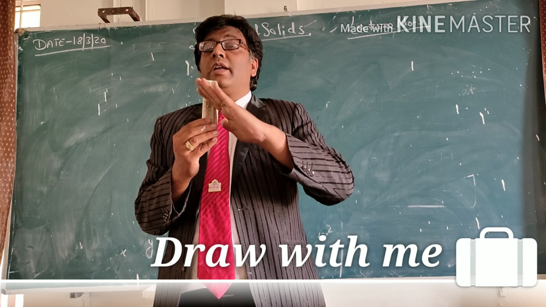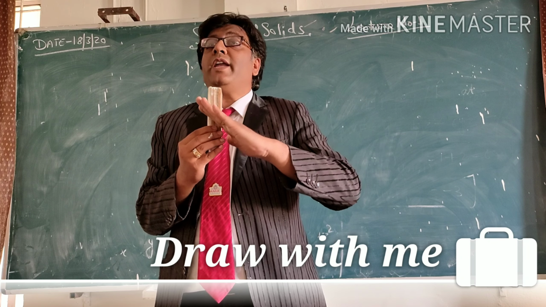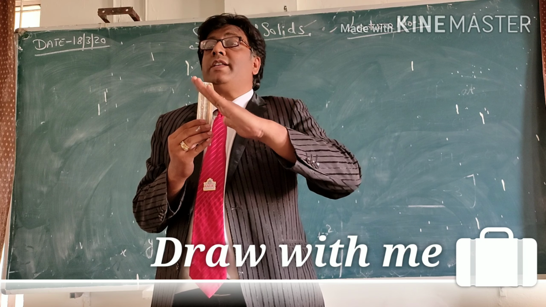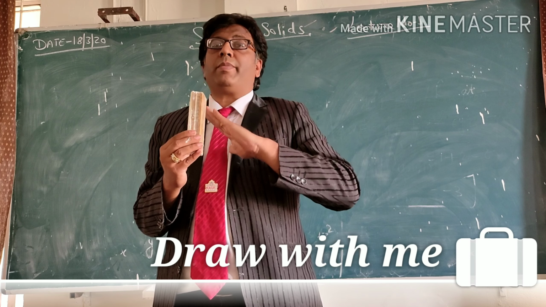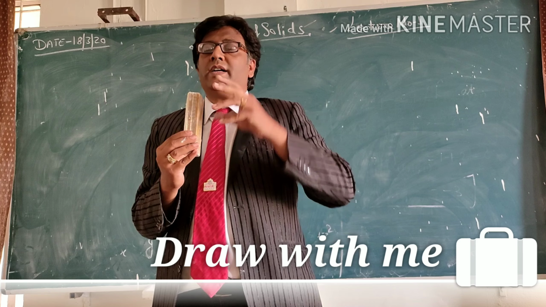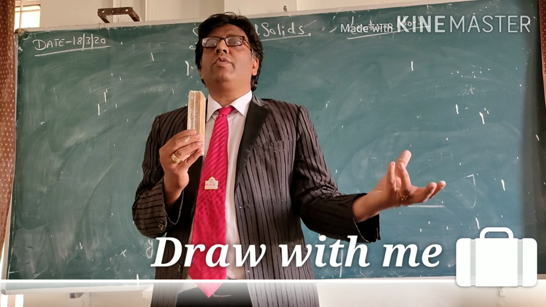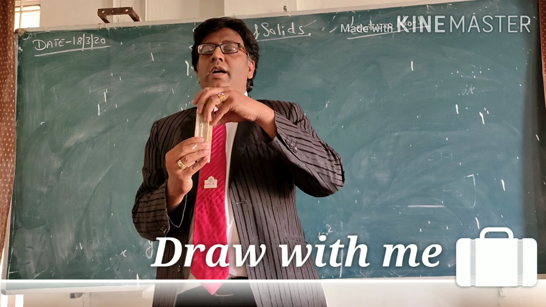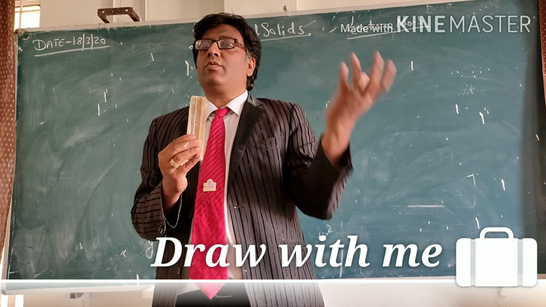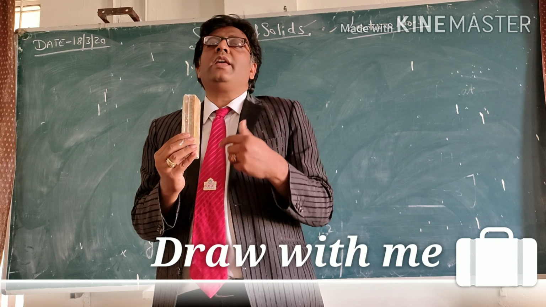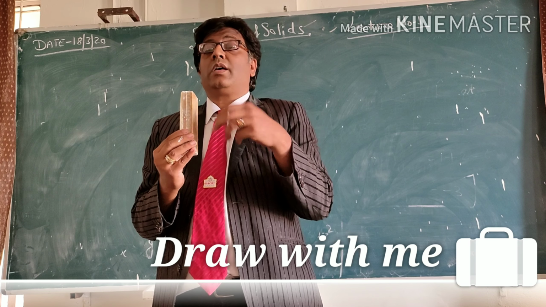This cutting plane is inclined 45 degrees to HP and perpendicular to VP. When it cuts, just imagine, you can remove this part, and after cutting you can easily construct the